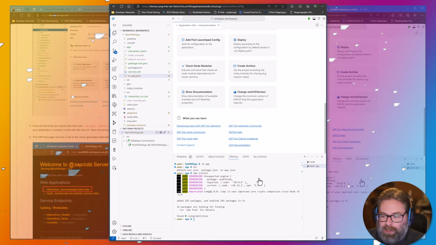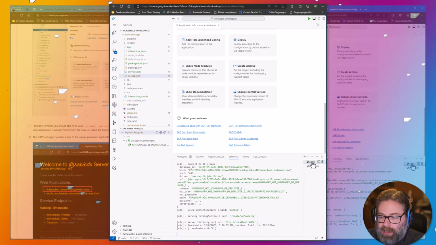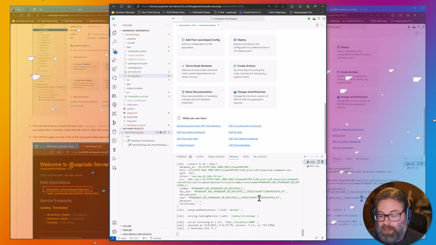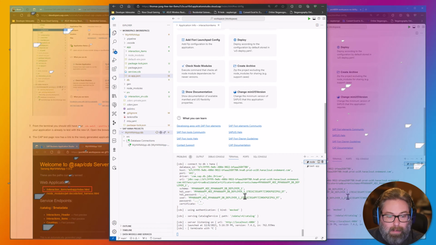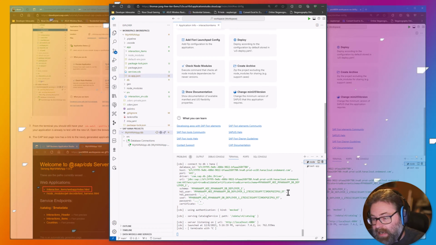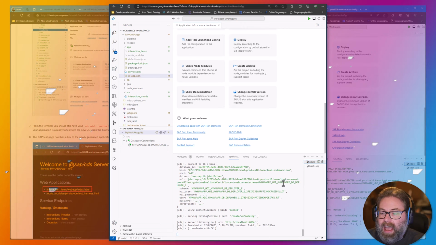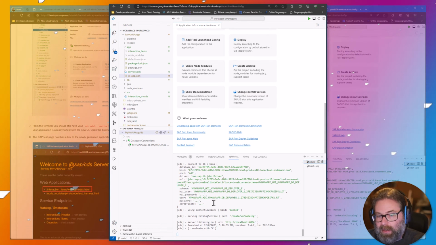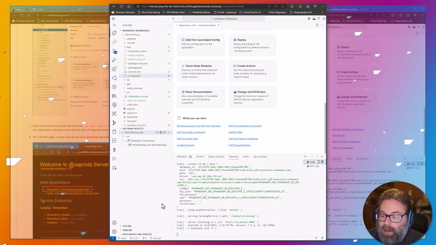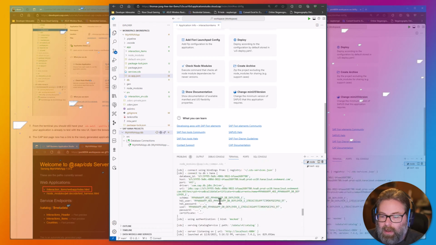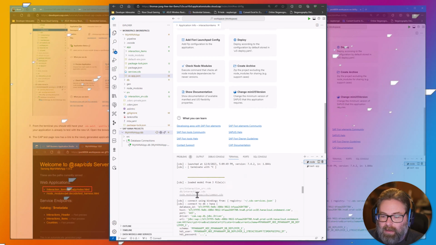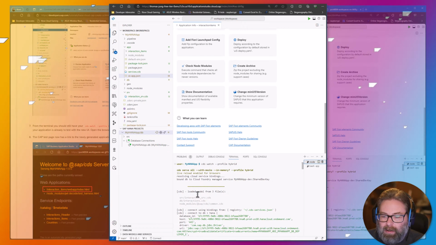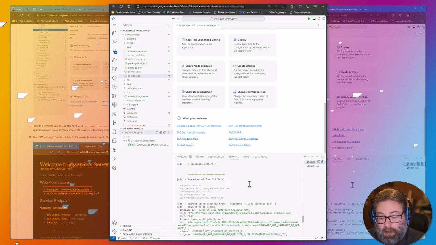And what we want to do is, if your application is still running, I left my application running, and it automatically picks up changes to my project. So I don't need to stop and restart it. But if you did accidentally stop it, or you took a break at some point, just make sure that you start your application again. Remember the CDS watch profile hybrid command if you need to restart it. You see that up here in my initial command, CDS watch profile hybrid, but mine's still running.